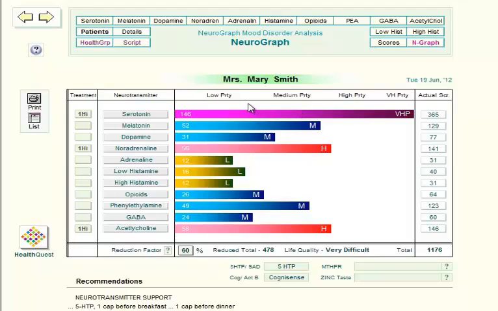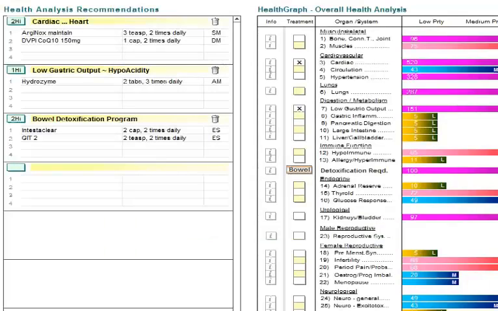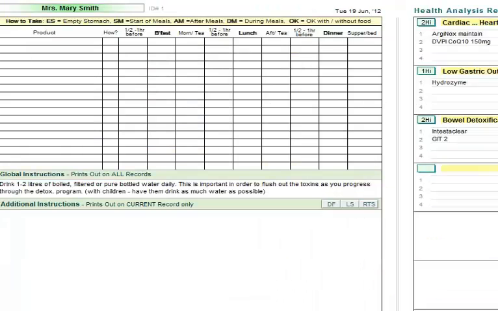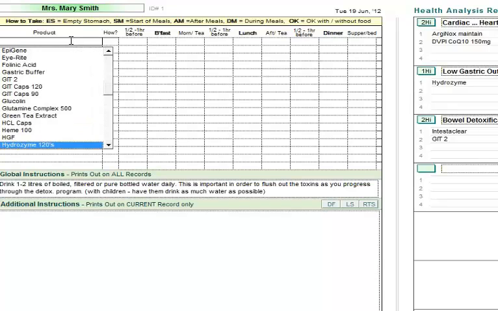So once we've decided which neurotransmitters we want to treat, and we've tagged them, and we've also done the same with the overall health graph, we can then go to the recommendations or the script area, and we can start to put products in. And I've got this set up in an interesting way on the scripts and recommendations layout. We've also got the ability to see the recommendations of the product as well as the graph. This makes it easier for when we're putting in the product recommendations. We can see the information beside us what we'd previously decided, so we could put in, say for example, some hydrozyme,